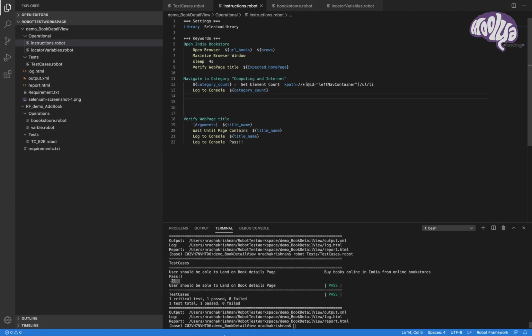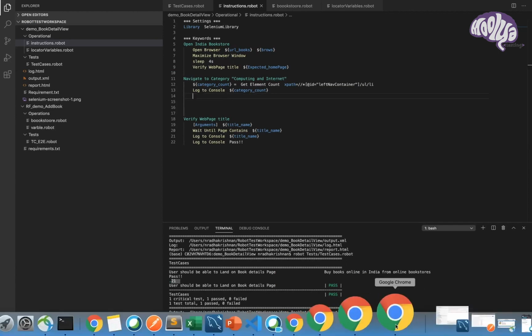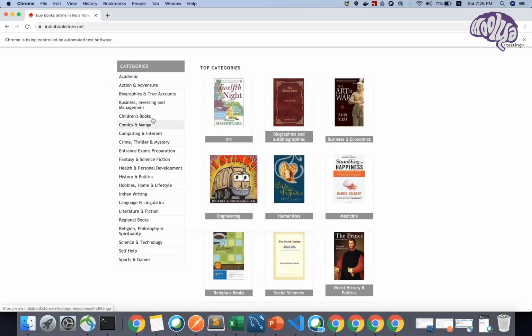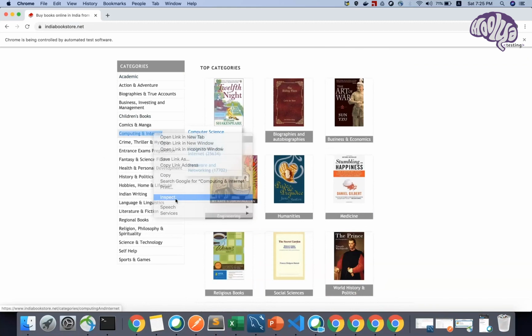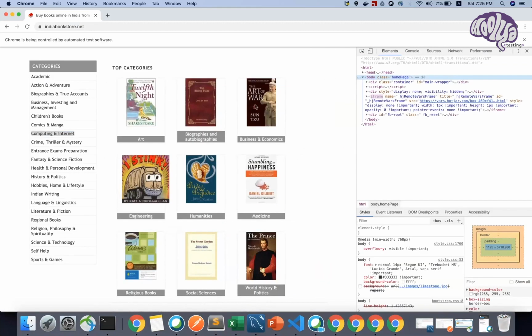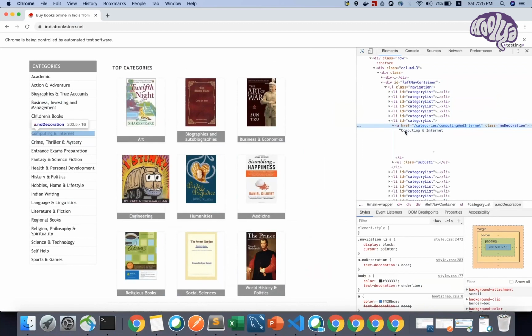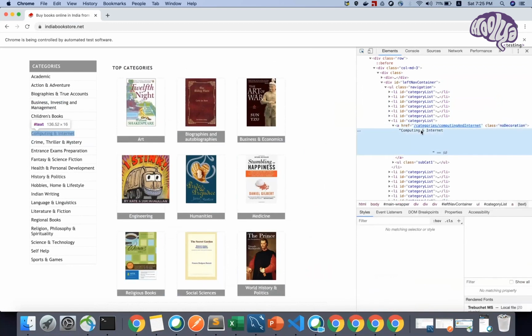The next step that I'm going to do here is iterate through each list and look for my keyword, which is computing and internet. Let's first save this as an expected category. Inside our for loop, we will be using a condition where once I find computing and internet, you can stop looping.